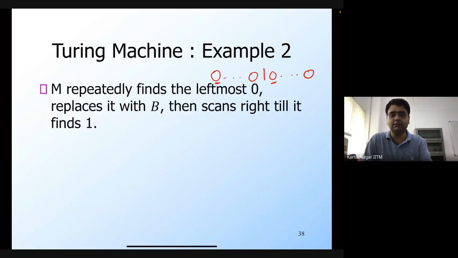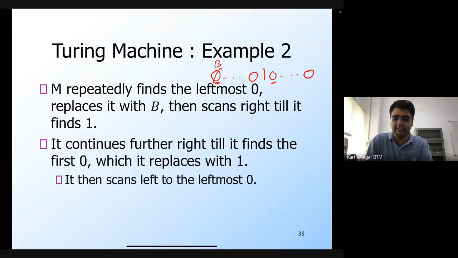until you basically either exhaust the zeros on the left of 1 or the zeros on the right of 1. So M repeatedly finds the leftmost 0, and in this case it replaces it with a blank, and then it scans right till it finds a 1. After that it scans further to the right until it finds the first 0, which is the 0 after the 1, which it will replace with a 1. So this 0 is going to be replaced with a 1,